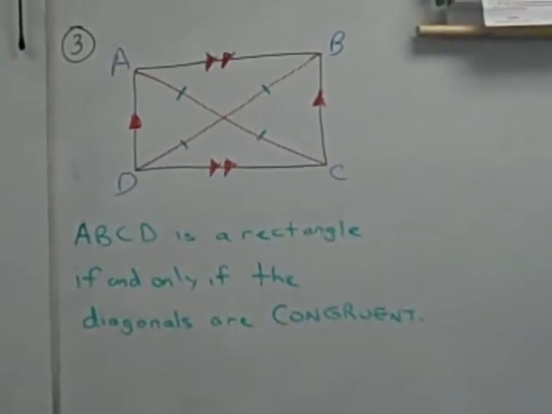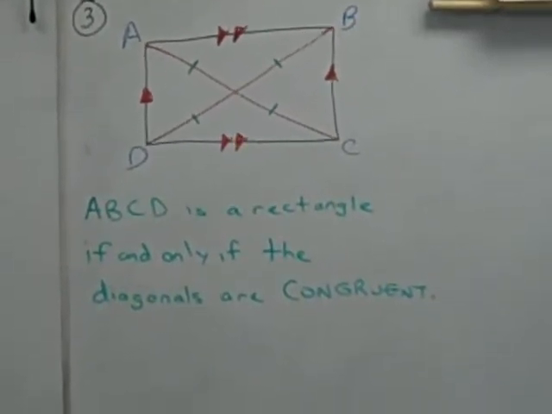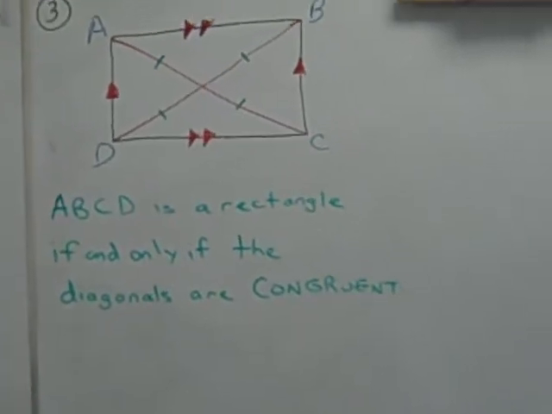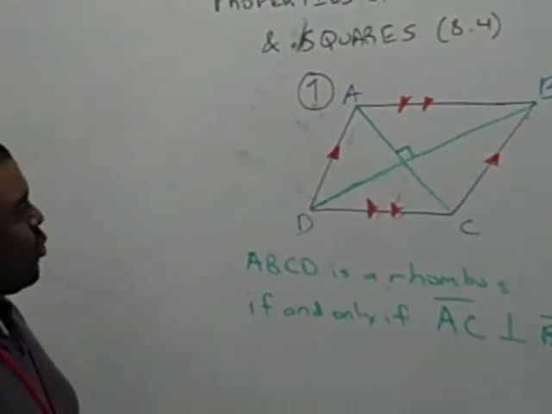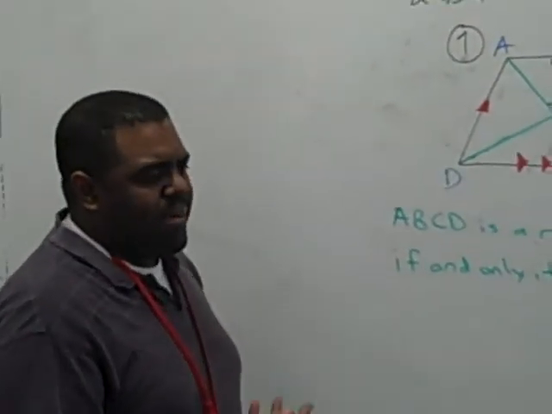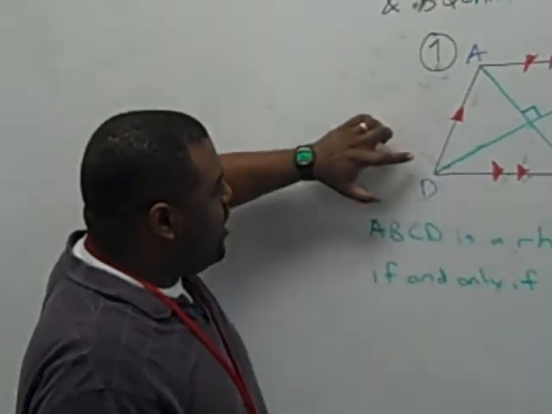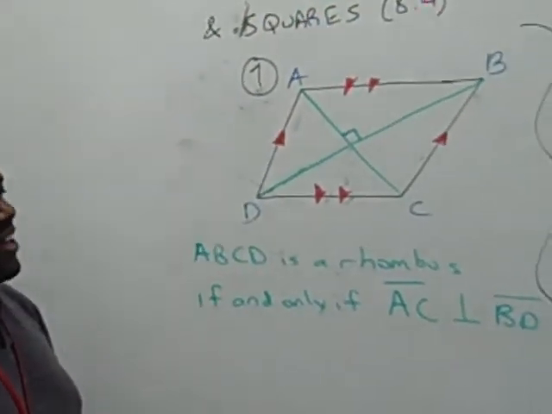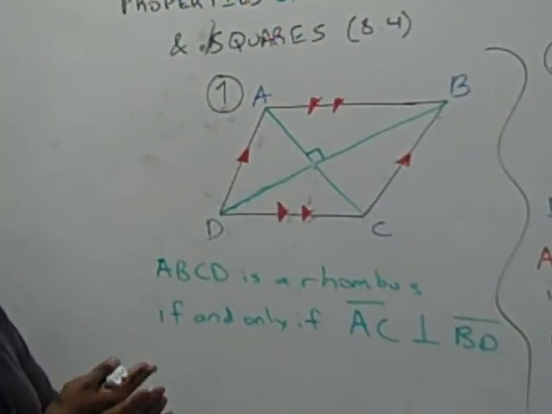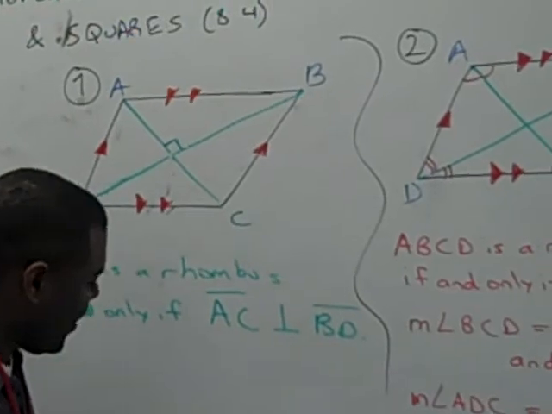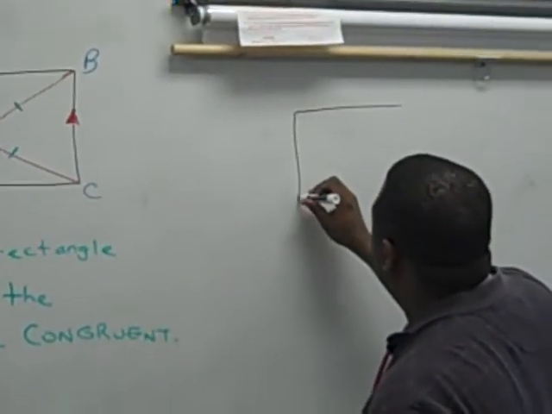So, as I said earlier, a square is a rhombus and a rectangle put together. So basically, all three of these properties that we just talked about will also have to work for a square. And it makes sense, right? Because in this picture, this is a rhombus. Well, a rhombus has 4 congruent sides. It meets at a right angle. If you were to draw a square, I guess I can do that over here. Let's do that over here real quick. If I draw a square,